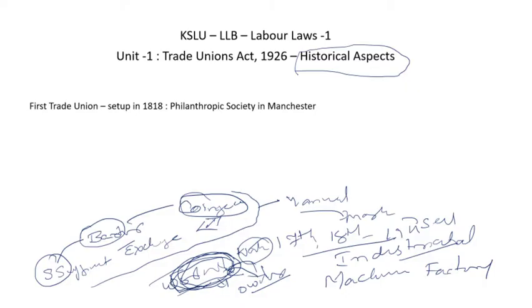Though the trade union movement started in the beginning of the 19th century, before that, the large sect of owners and the government organizations used to punish unions and the unionists under various restraint to trade acts and conspiracy acts. But with the setting up of the first trade union in 1818 and also the approval from ILO, International Labour Organization, importance was given to trade unionism.